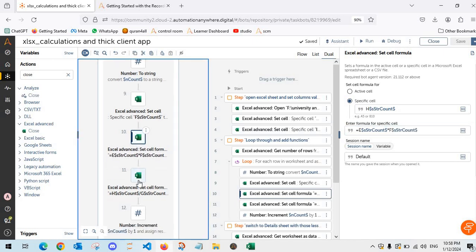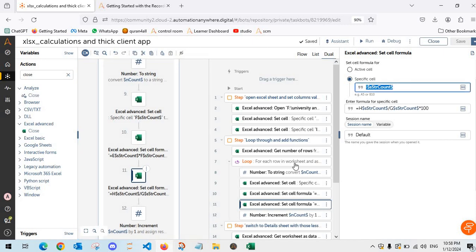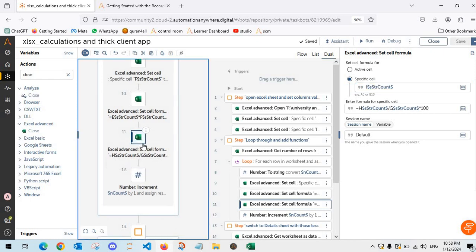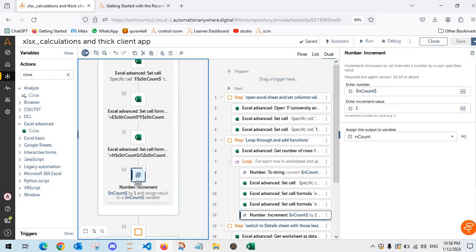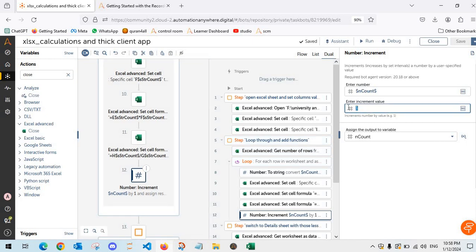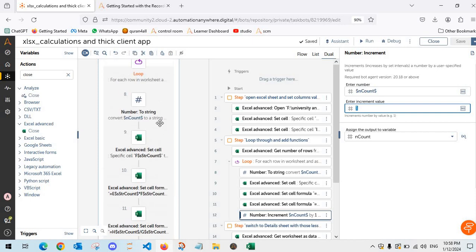Okay, and the same formula here also for I. This is H divided by G multiplied by 100 to calculate the efficiency. And then after that I made the number increment by one each time. Okay, and step number 3 here,